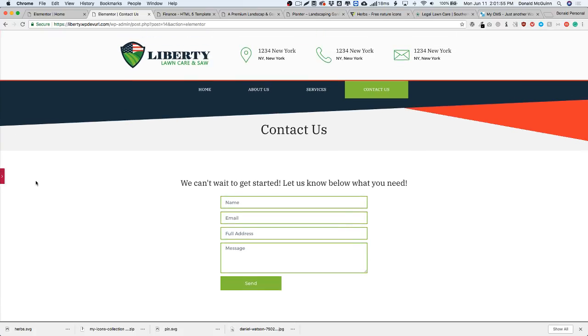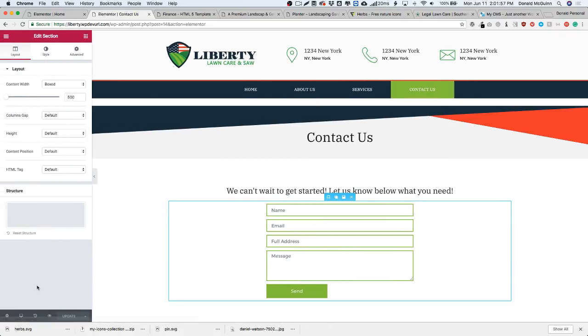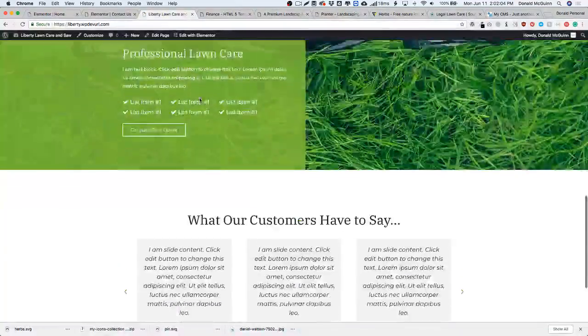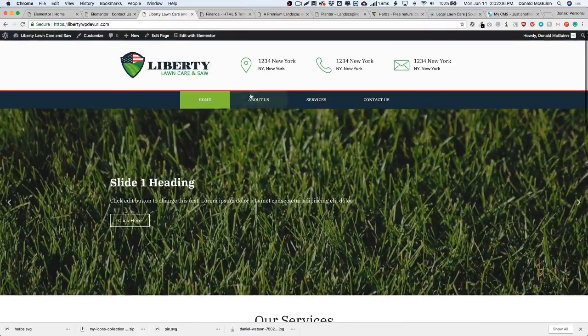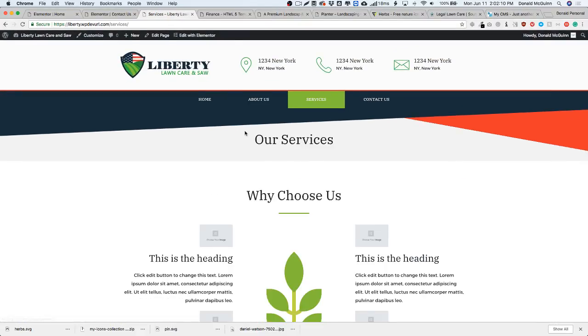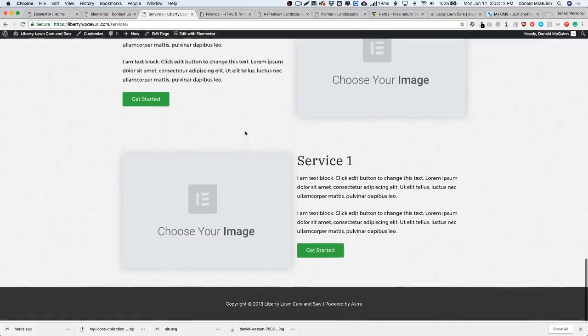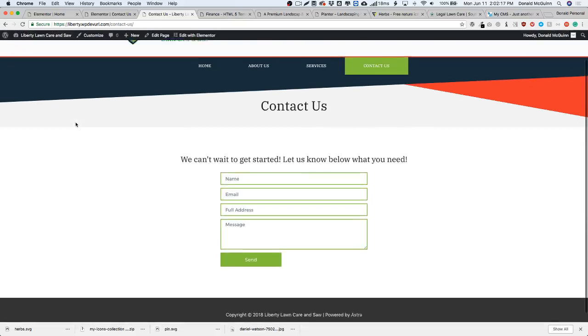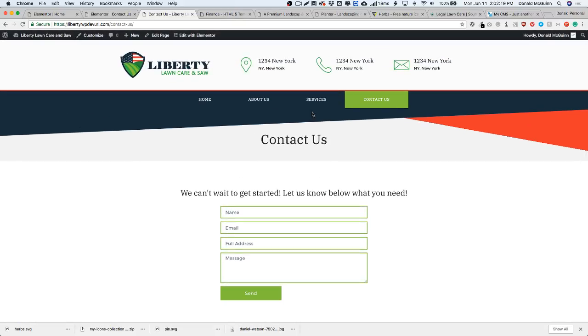Pretty simple site. Let's go ahead and preview these changes. Home. We've got all this. We've got the About section. Services. All of those. And Contact Us. Right there. Now that we've done all of our pages, I usually save my footer for last because I'm not